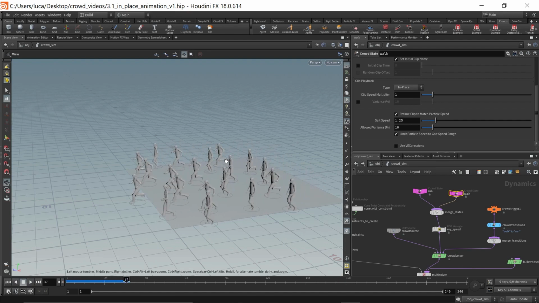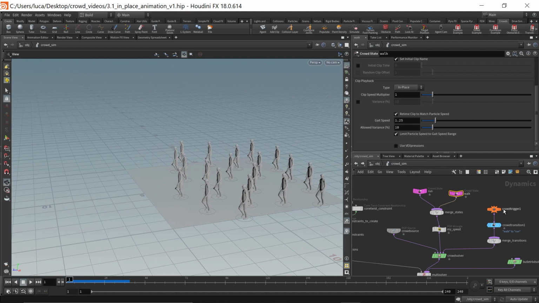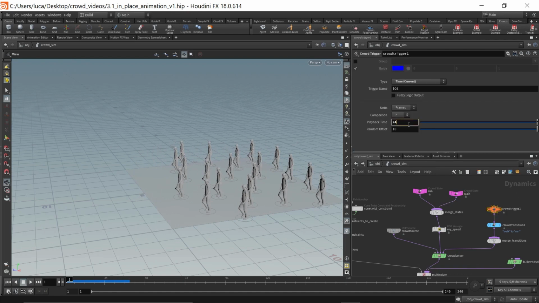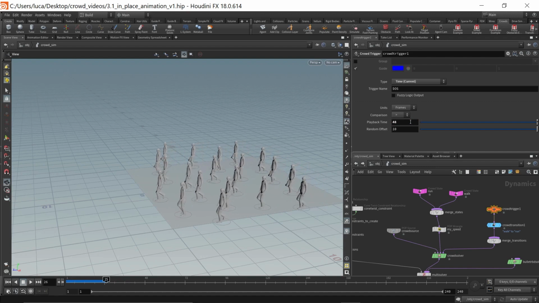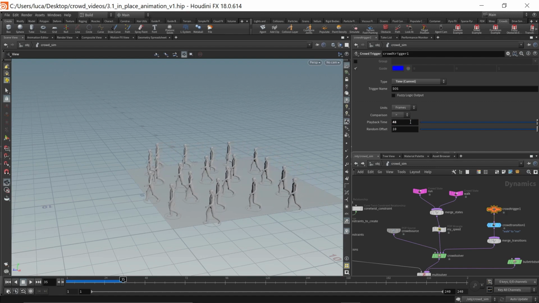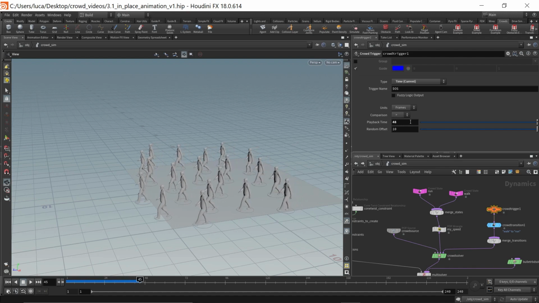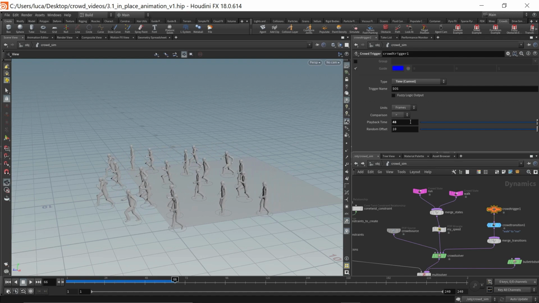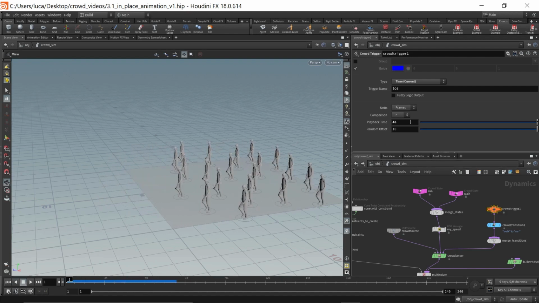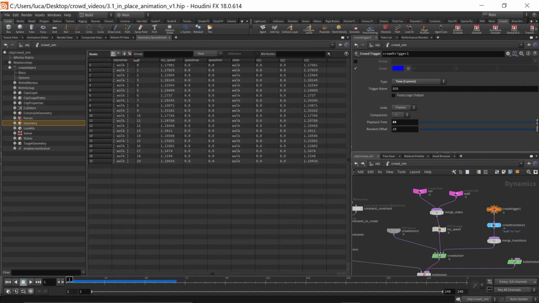This is fairly quick. They transition to running fairly quickly. I'm going to go to the crowd trigger, maybe change this to 48 frames instead of 24. And we should get our change over to the run cycle over here. Okay, so let's examine what's happening during the transition from walk to run over here. If we take a look at the clips,